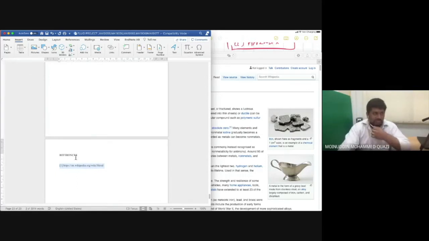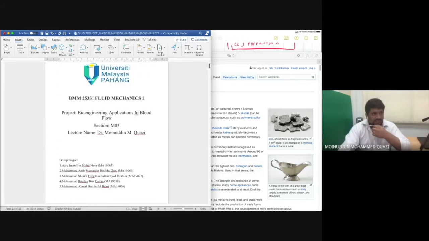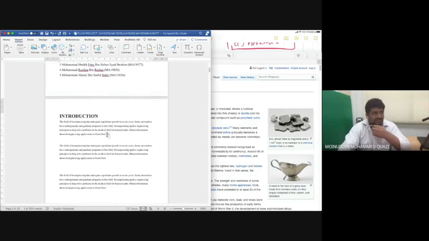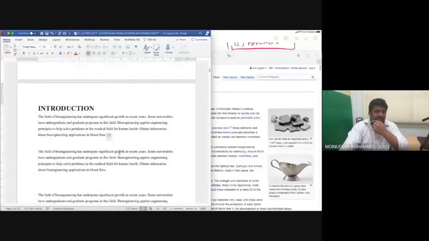So now I know that this paragraph you have written from this reference number 1. Okay, so you have used this paragraph, reference number 1, Wikipedia. Okay, let's say you want to do a journal. So how to do this? Let's say this is from a journal. So you go here, you write to.